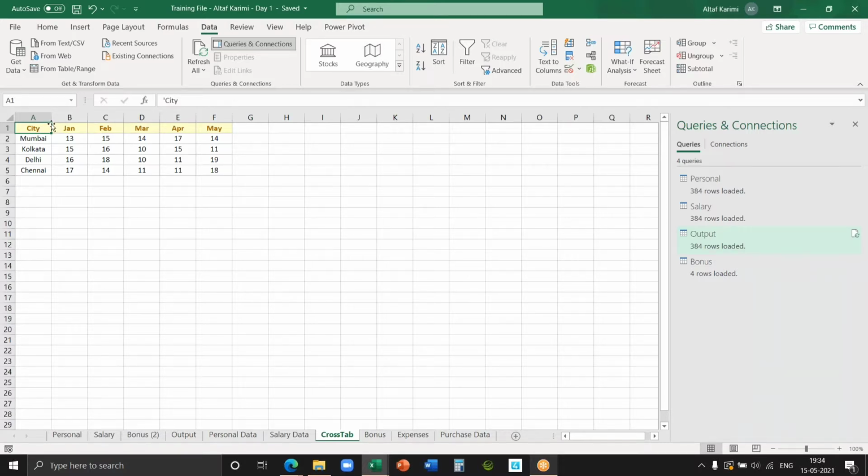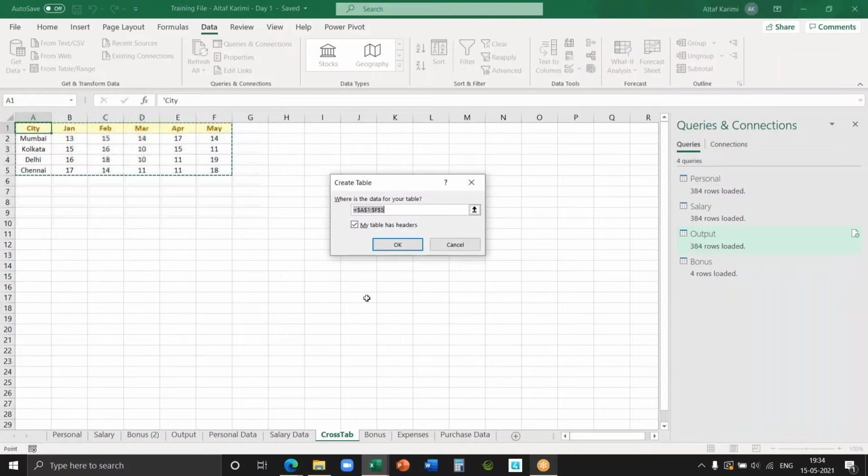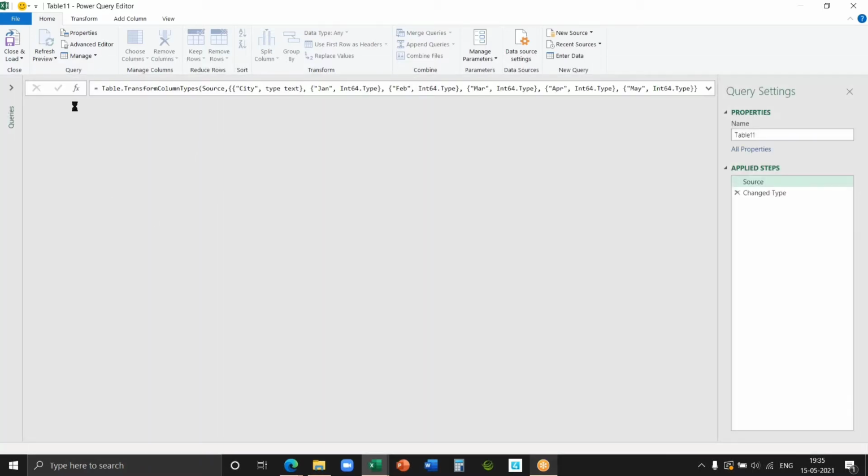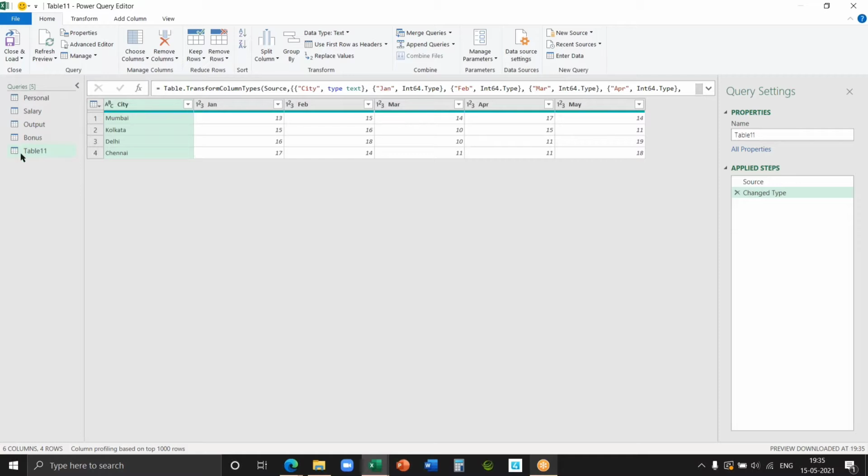So I click here. Okay, then I go to the data tab, from table or range. It will bring it to existing connections. I'll rename it as cross tab.